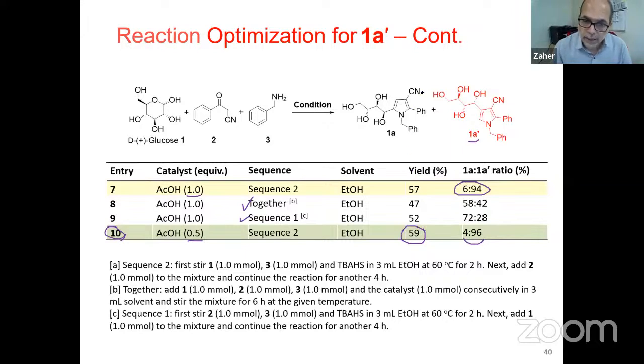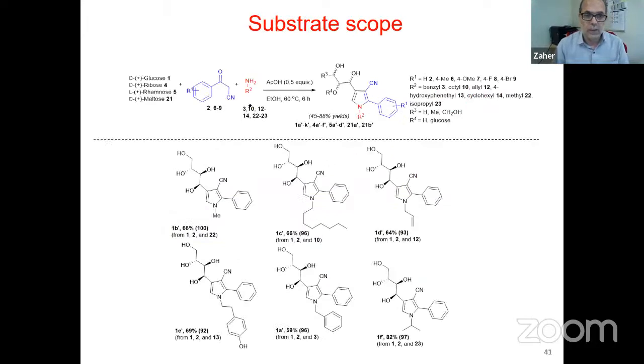It is really important to understand the difference between 1A and 1A dash, which is the substitution pattern here at the ring. So different pyrroles have different substitution patterns. Therefore, it is critical to actually obtain this in our reaction. So looking at the scope of the reaction, again, we use these types of carbohydrates to react with the nitrile